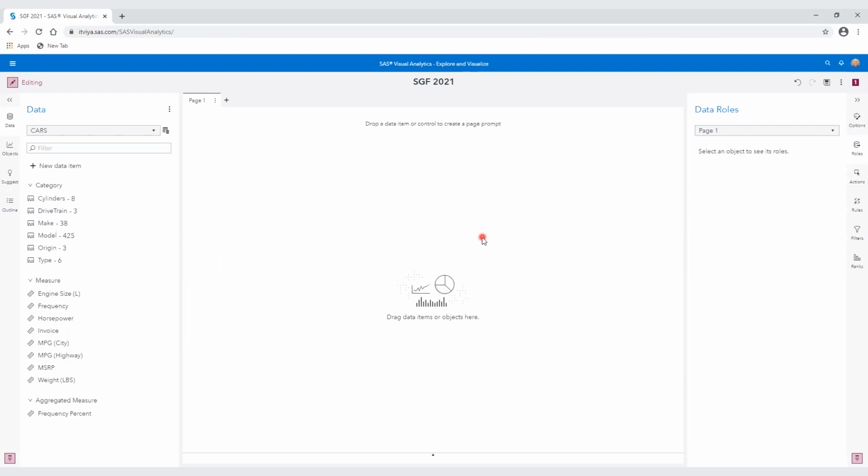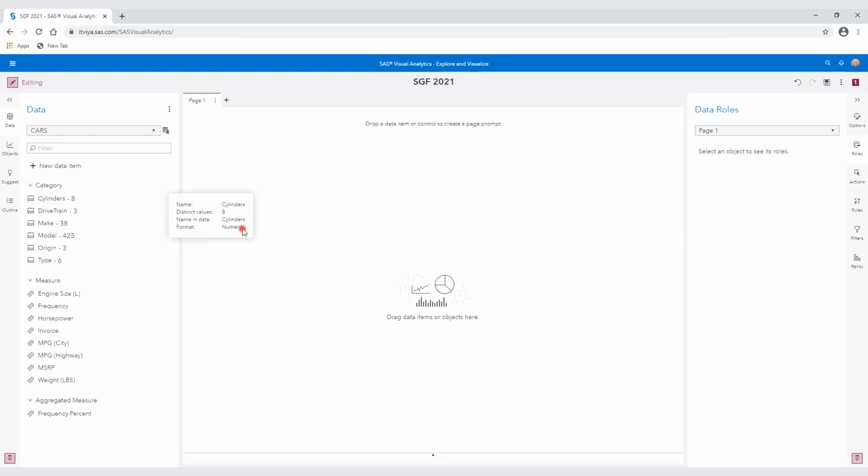Okay, what about cylinders? We talked about cylinders here, or did we? Cylinders, what are those 8 unique values? Well, we're going to see what they are here. It says here numeric.